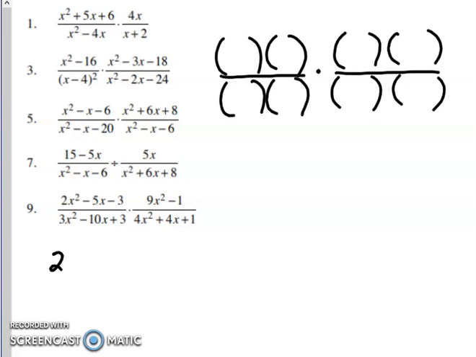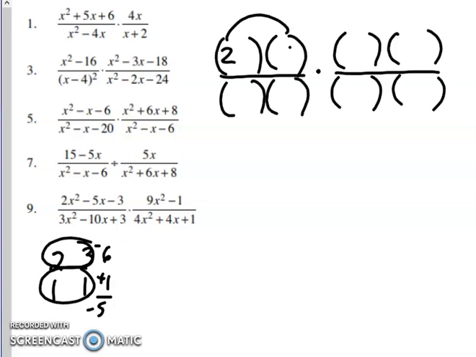So I'm looking for a factor of 2 and 1, and I want to get a 3 and 1 for the first and last numbers. I want to get a 5 in the middle. So the way I'm going to do that is I'm going to multiply the 2 and the 3 to get 6, and the 1 and the 1 to get a 1. Negative 6 plus 1 is going to be negative 5. So I want to make sure that the 6 is negative, and I want to make sure the 1 is positive. So I'm going to multiply the 2, and the 2 gets multiplied at the outside to the 3, and I want it to be